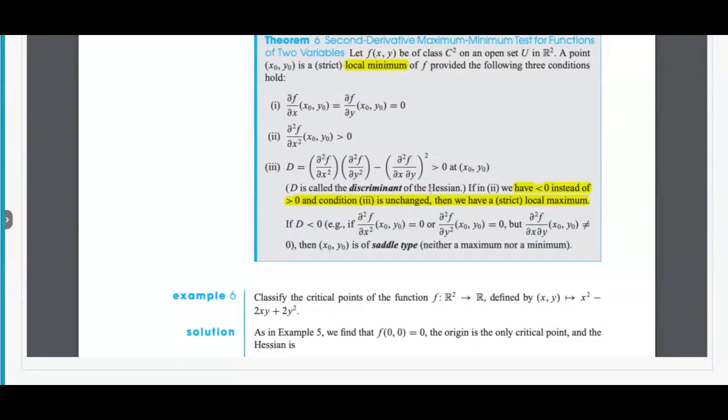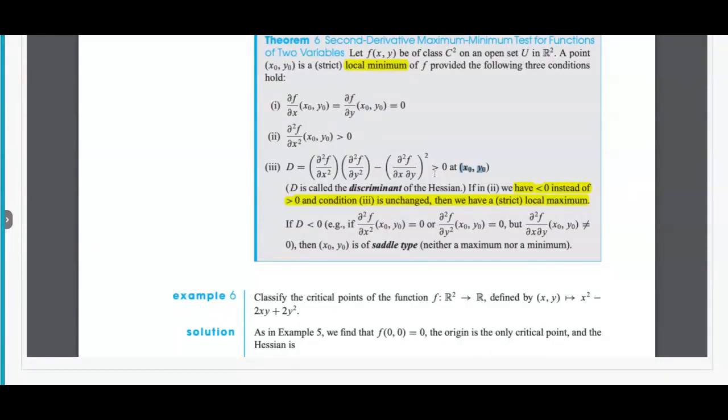So the determinant is the second partial in x squared multiplied by the second partial in y squared, minus the mixed partial squared. If this discriminant is positive at this critical point,